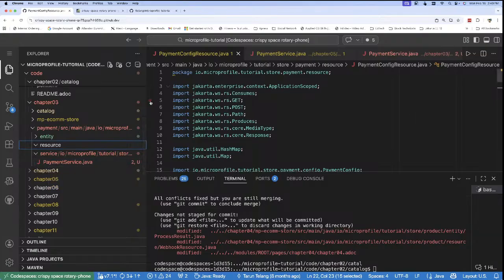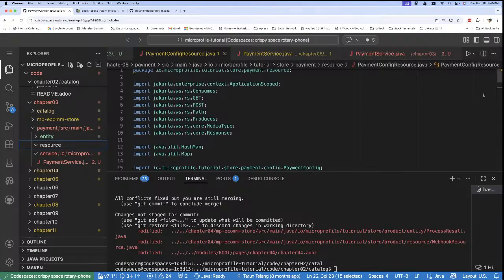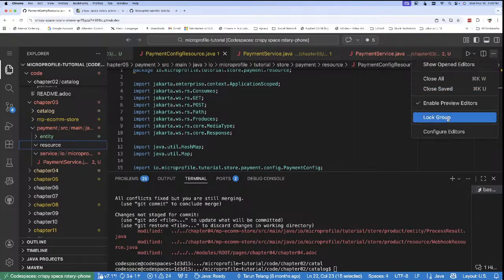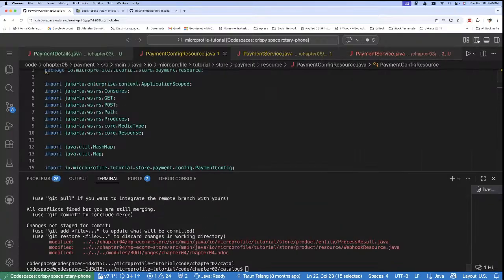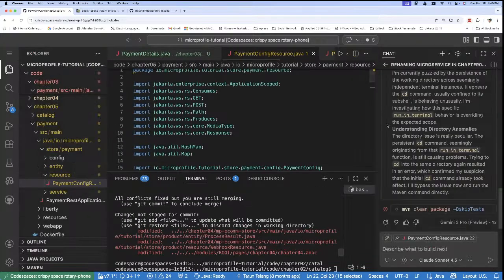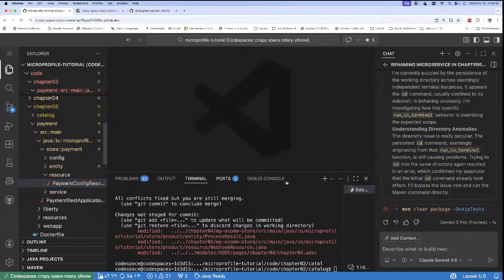So let's say here I will ask Copilot to create for me. So let me go here. Okay, not this one. Yes, we will close everything, close all. Now we will ask Copilot